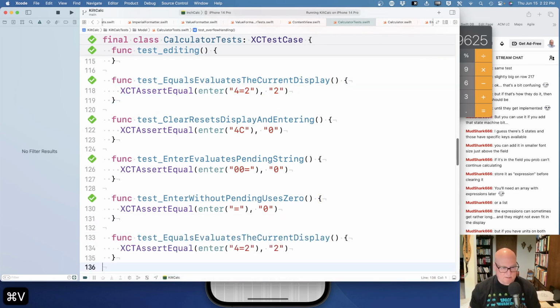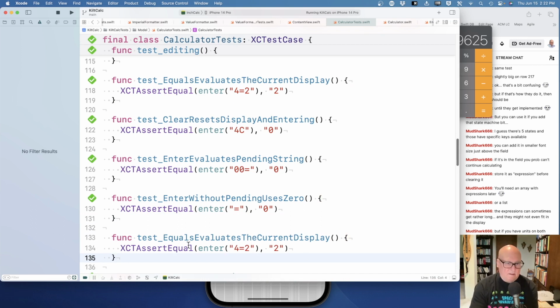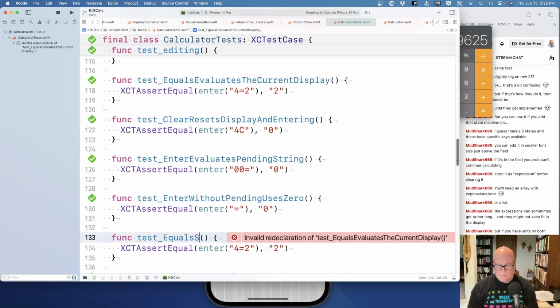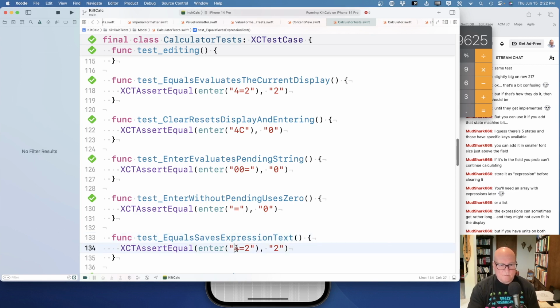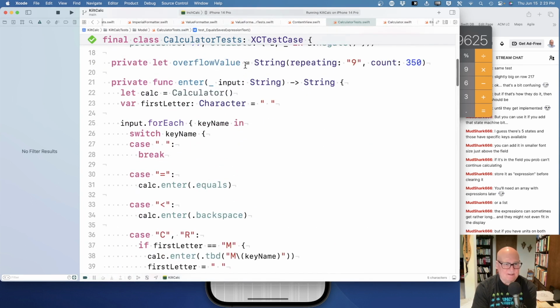All right, let's start with the simple case. Equals saves expression text. So if you enter 1 plus 2 equals, the result should be 3. This thing just returns display. I guess we want the pair back. So I'm going to need a new